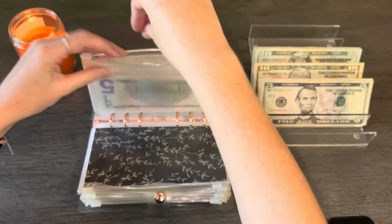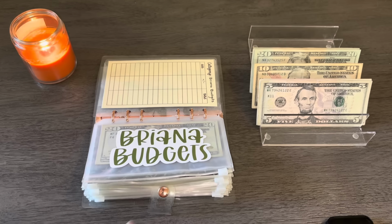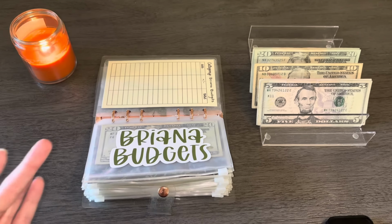I don't know if anyone was wondering, but I wanted to share a little bit of info about my bills, because if you're new here, you might be wondering why I don't stuff any bill envelopes, but that's just because I pay my bills online, so I don't really see a purpose of putting it in an envelope just to turn around and take it back out. So I keep all of my bill money in my checking account and pay them online, and my mortgage, in case you're curious, is